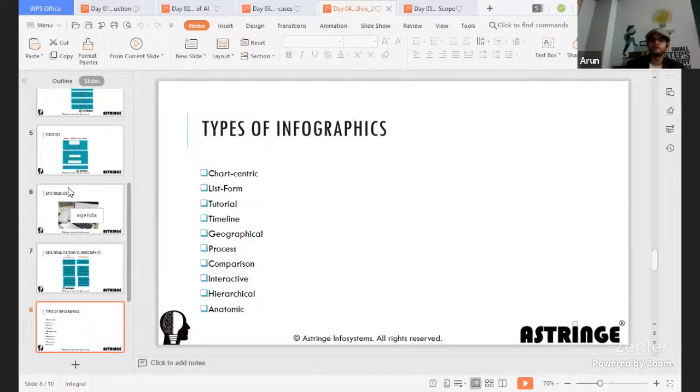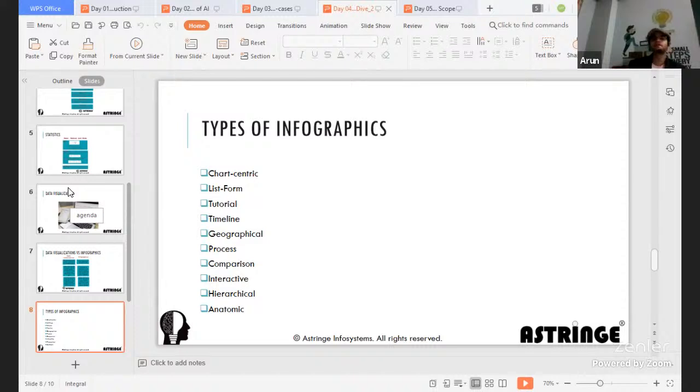Interactive types of infographics are almost always there. If you are asked to fill a form on a web page, there's an infographic which gives you a web form asking you to provide the data, right? That is nothing but your interactive infographic. Interactively, you will be able to get the insights. That is number one. Number two, interactive infographics could be automated as well. So those are quite interrelated ones.